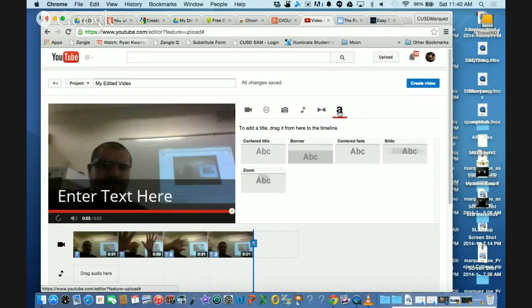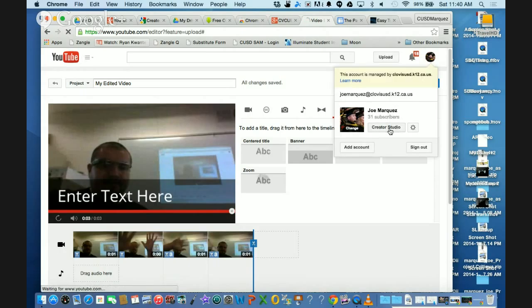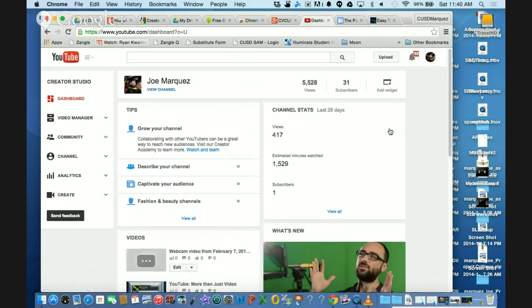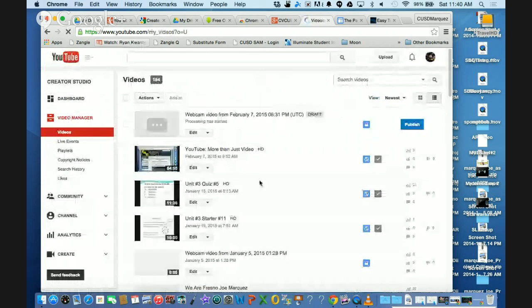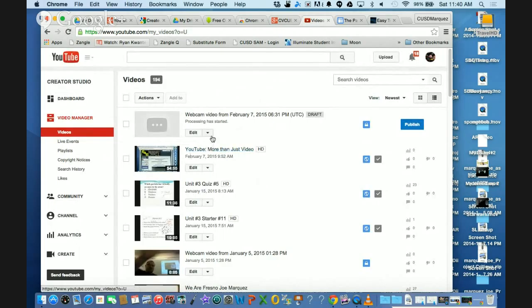And the way you would do that is you'd already edit your video. You'd already done, and you click Create Video. Okay? And then to add the clickable annotations, you go to your video manager. So we've already recorded the video. We've already split it up into 59 seconds. And then we go to our video manager. So Creator Studio. And this is our video manager right here. And it lists all the videos that you've made, all the videos that you've edited. Everything's there. And all you do under Edit, you click on